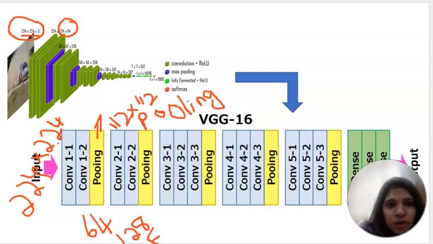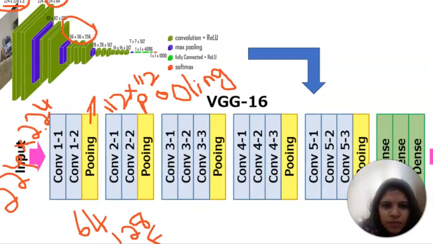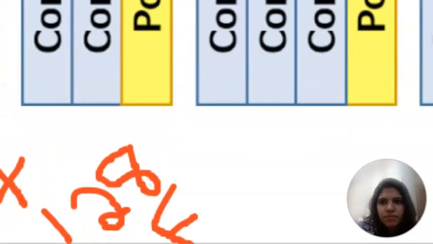Then after that pooling layer we are again having the 56 by 56 layer, right? After here we are again going for 56 by, sorry,